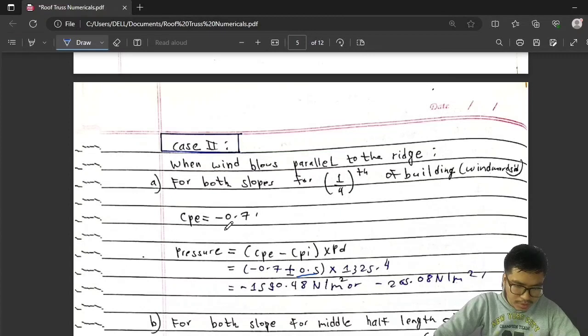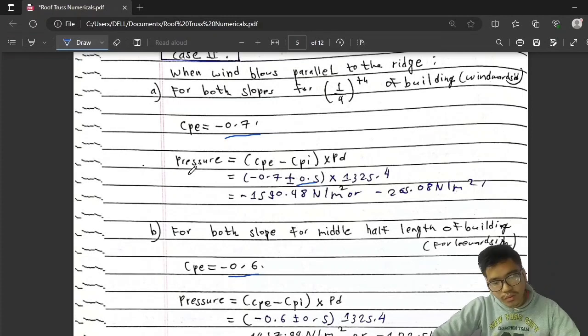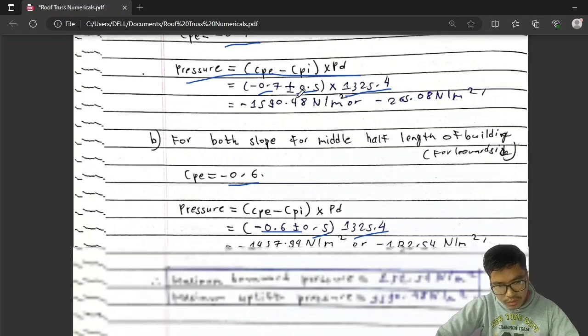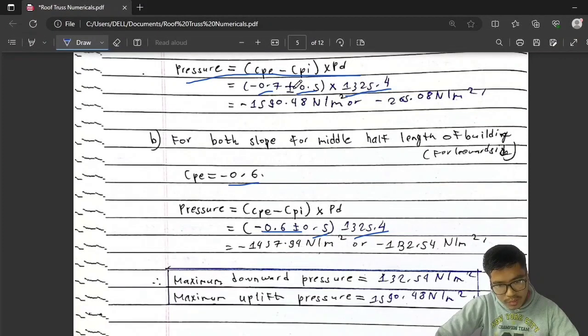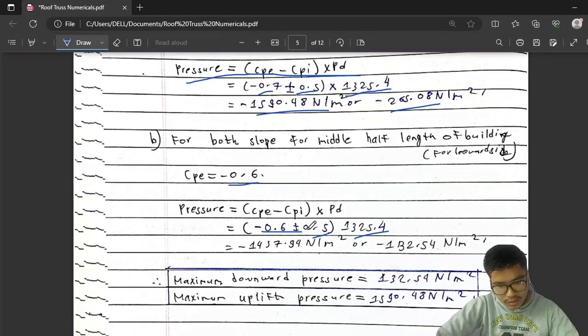For this it is minus 0.7, and for this case it is minus 0.6. So from this formula, CPE is minus 0.7 and minus 0.6, and CPI is plus minus 0.5 for all cases, and PD we have calculated 1325.4. So taking positive we get this, and negative we get this, and here taking positive we get this value